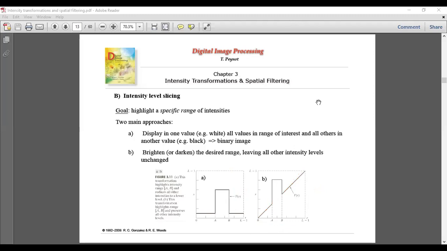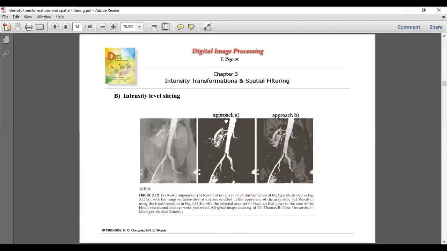A nice example has been given here. This is a better example instead of me guessing some weird examples. Here you can see this is an angiogram photo. It seems the author was interested in only this particular part, and all the remaining values don't matter. So he chose to retain these values and simply suppress the other values, those in the mid-gray region. He will retain certain values.